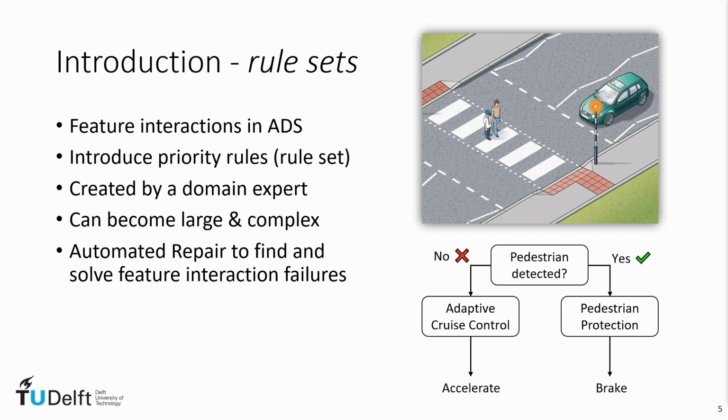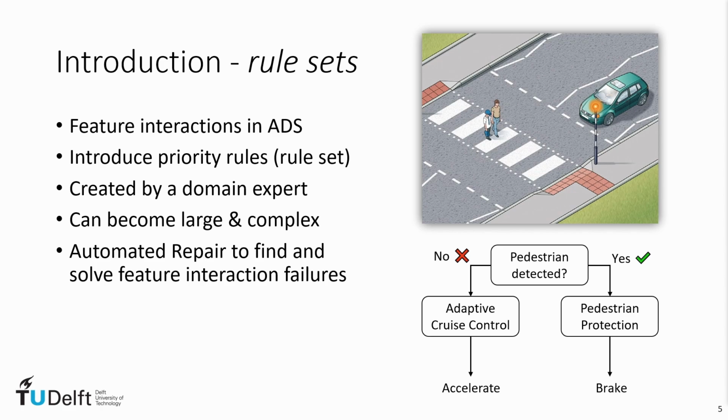Now, which of the 2 modules should you believe? Which output should you take? And this is where the rule set comes in. It introduces priority rules for these 2 modules. In this case, there would be a rule, basically the top rule here, which is whether a pedestrian is detected. In the case of no pedestrian detected, we can of course take the output of the adaptive cruise control. But if there is a pedestrian detected, then of course we should brake and follow the output of the pedestrian